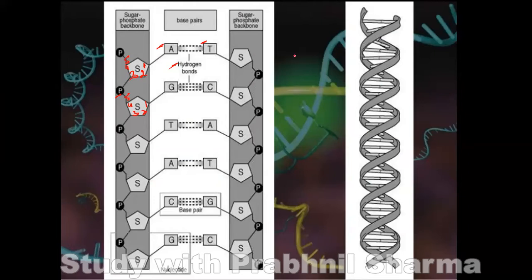This is a double helix structure. Now you can see these are the 2 strands. This is the first strand and this is the second strand. They are connected together. Adenine and thymine are connected by 2 hydrogen bonds, but guanine and cytosine are connected by 3 hydrogen bonds. They are connected together and twisted. Because of this hydrogen bonding, a helix structure is created. So this is a double helix structure. Any doubt in this?